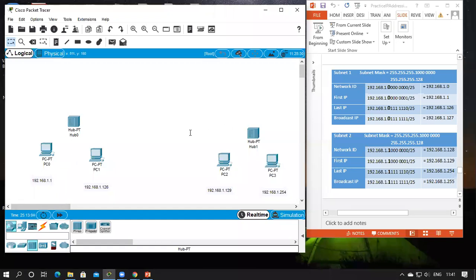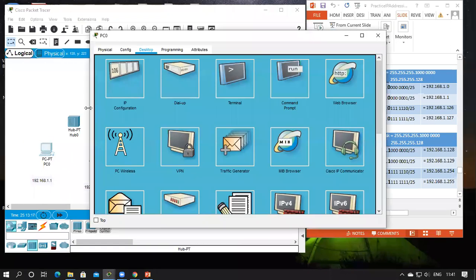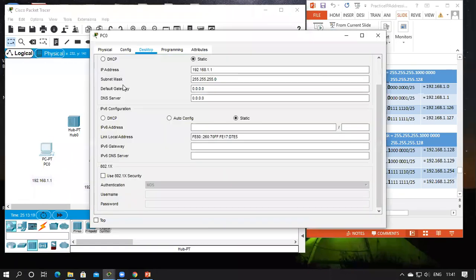While creating subnets, the IP address is very important. So we'll see what IP address and subnet mask are added. The first IP address is 1.1 and the last one is 1.126. So go to Desktop, IP Configuration. It is 1.1 and the subnet mask shows 24 bits. But actually what is the mask? It is 25 bits.